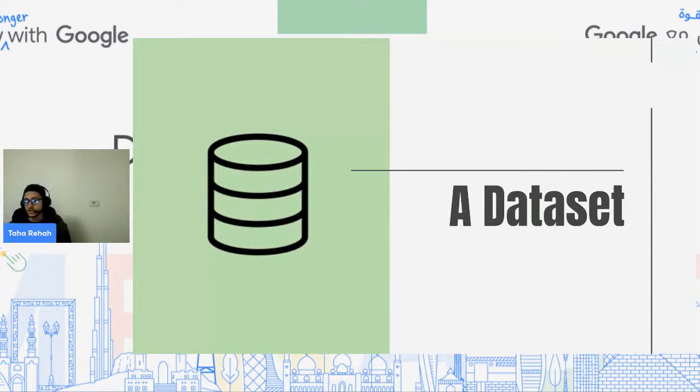So basically we just need to remember there is a difference between a database and a dataset. A dataset is an output from the database. The database is just a storage place where we store the data. But a dataset is a snapshot or an image of the database that's being used by data scientists and machine learning engineers, and it's mostly static, not dynamic, not a moving part.